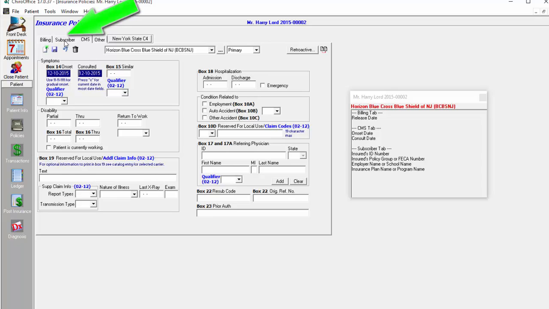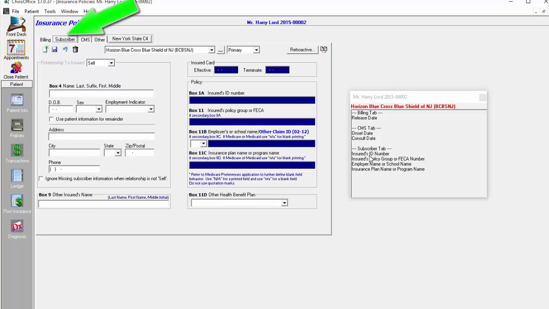So click on subscriber, and then we need the insured's ID number, the insured's policy or group number, the employer name or school name, and if you don't have it, you can simply put in a N/A. Now when you enter the NA, this is case sensitive and it does make a difference. If you use a lowercase na, then it is going to leave the field completely blank. If you use an uppercase N/A, then that is going to cause the NA to be printed in that particular